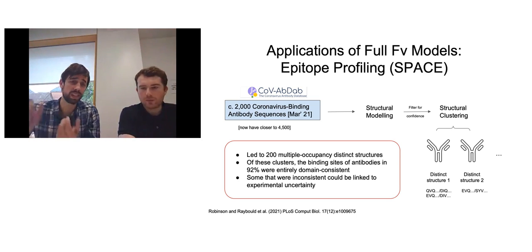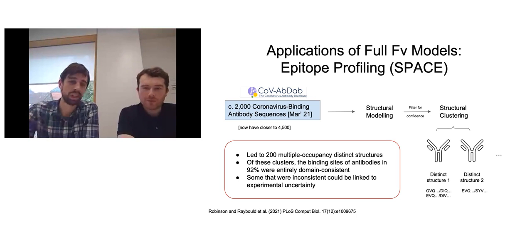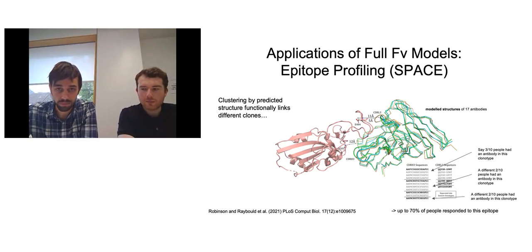And indeed, some where they disagreed, maybe on the metadata, could actually be linked back to experimental thresholds. The assay, say, for example, couldn't quite delimit whether it was an RBD binder, an NTD binder, and things like that. So already getting very high performance by just thinking of the shape of the antibody and grouping things by that Fv shape. And here is a visualization of an example of 70 antibodies that we modeled.